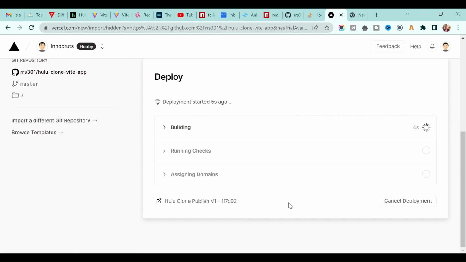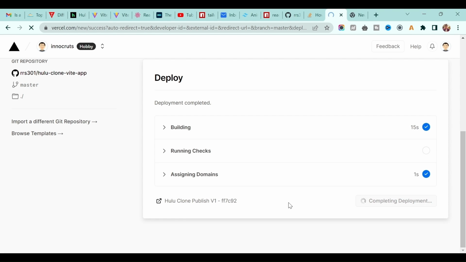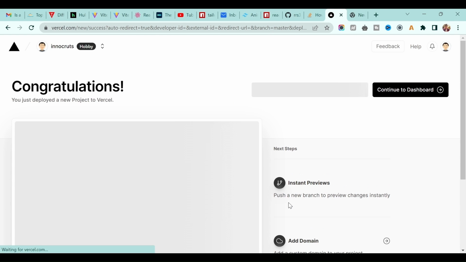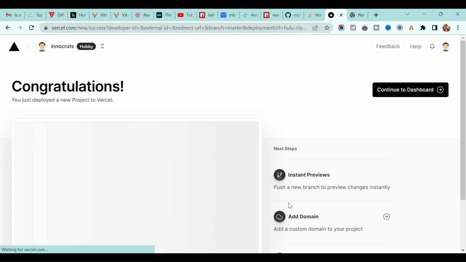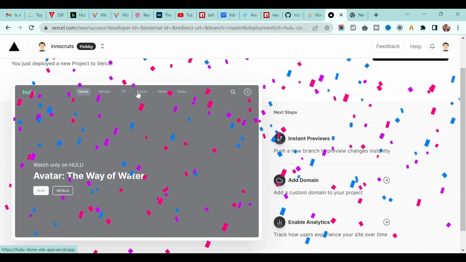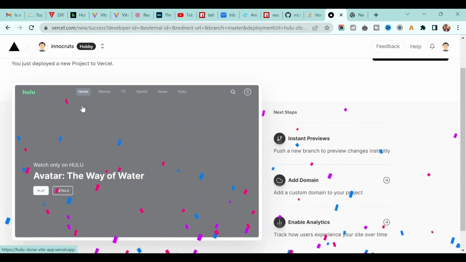The reason we use Vite is that building and creating the application is much faster, and it also deploys much faster. Within less than 10 to 12 seconds our application gets deployed. Here as well you will see this beautiful animation that we deployed, and a preview of your application.